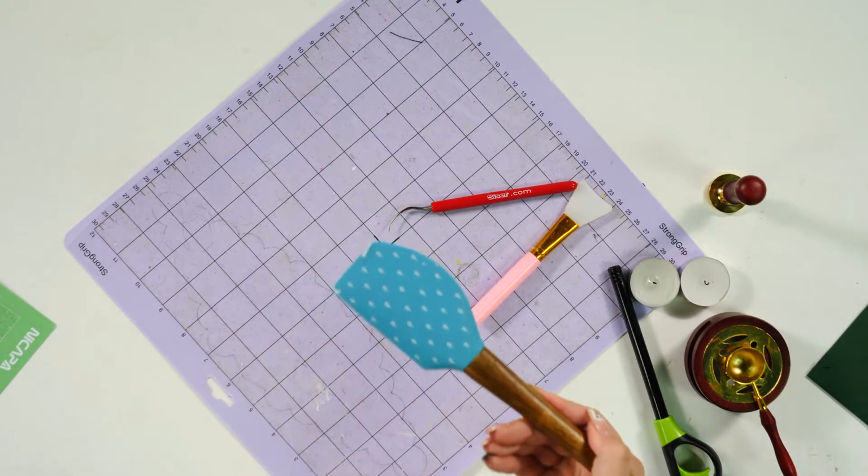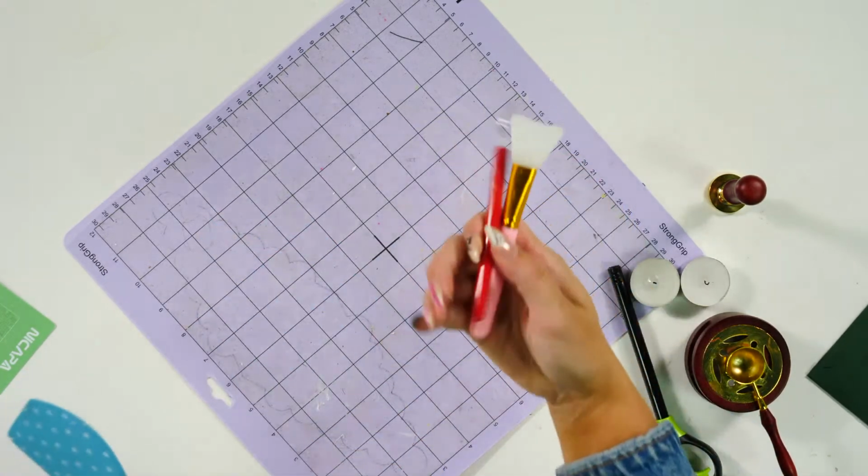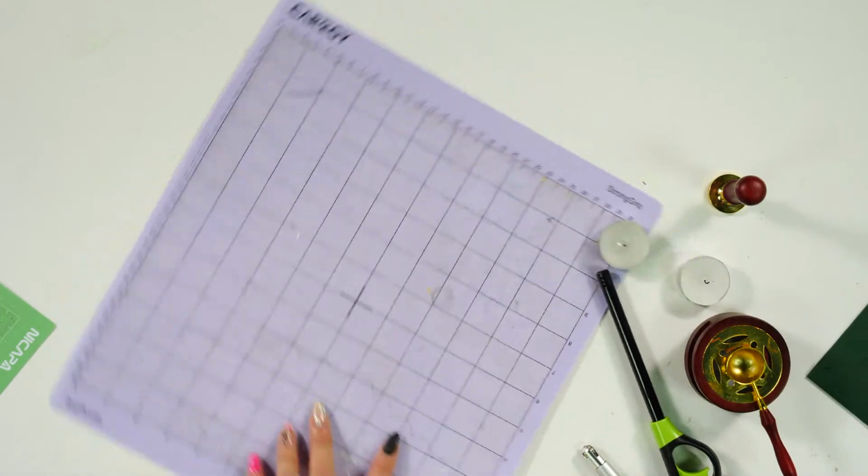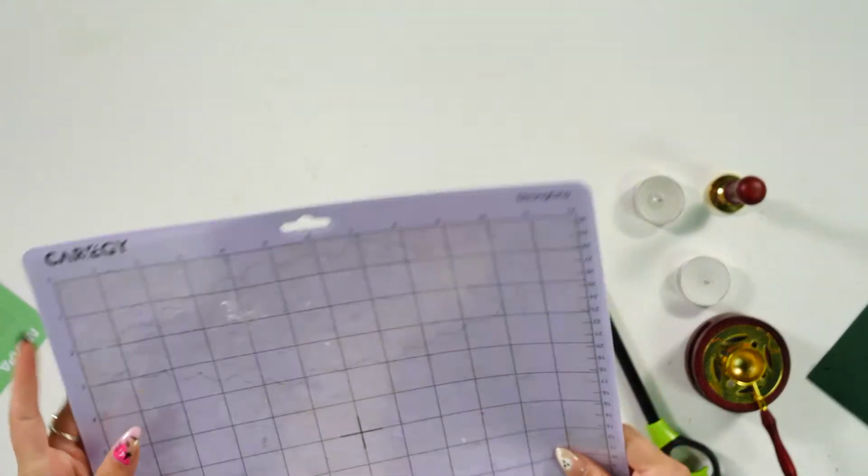I've got a mini spatula linked down below. And then this is just extra tools that I have in case I need it. Now this is going to be where it's going to be key. This is an old Cricut mat or an old whatever,